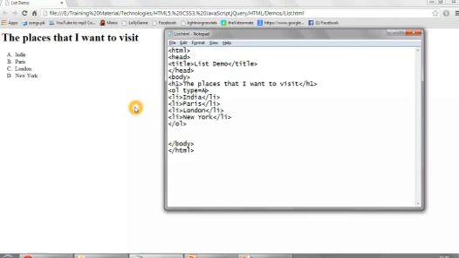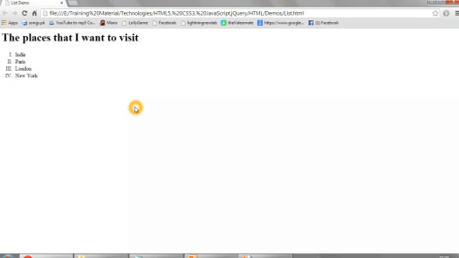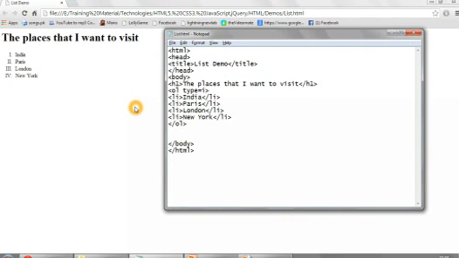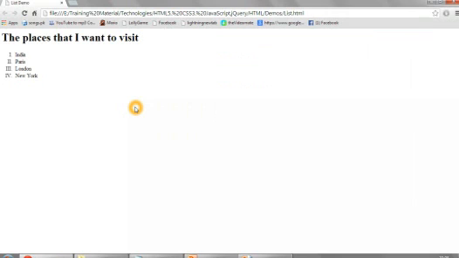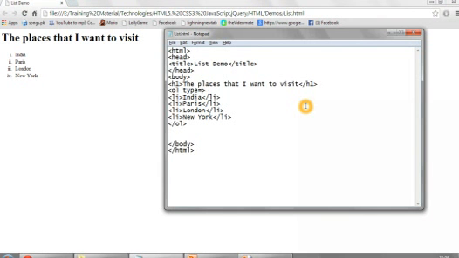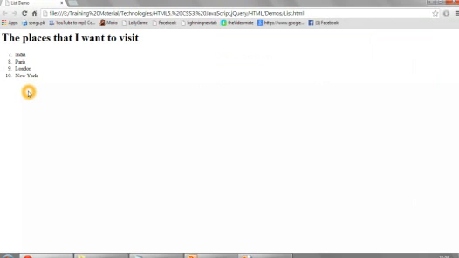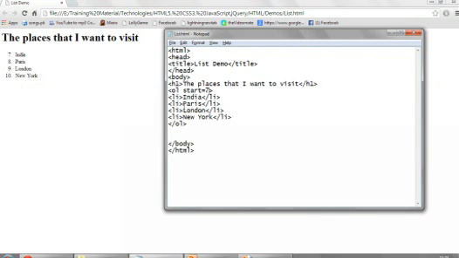Now your capital ABCD will come. For Roman numbers you type capital I, and here the Roman numbers have come. For small Roman numbers you just type small i. Now you can see 1 2 3 4 in the small Roman numbers. But if I want to start my numbers from 7, there is a start attribute in the OL tag, from which you can specify the number from which you want to start the list.